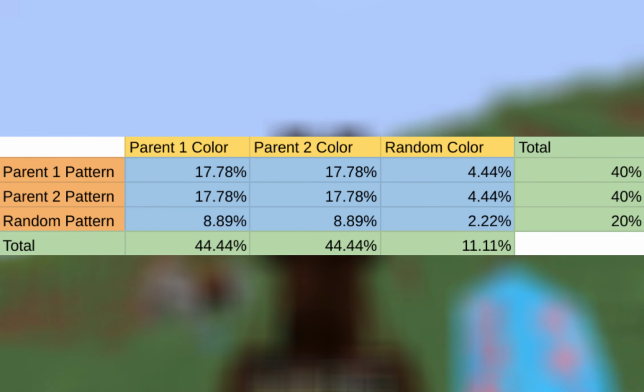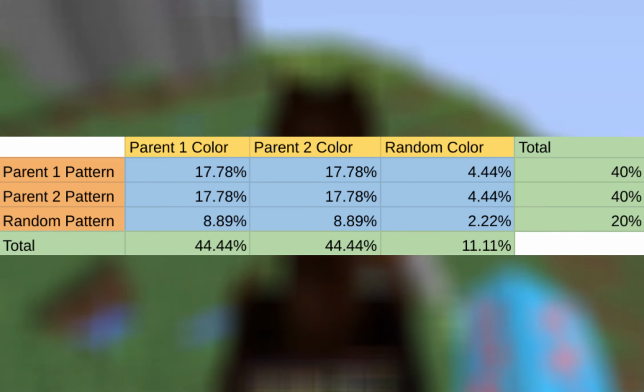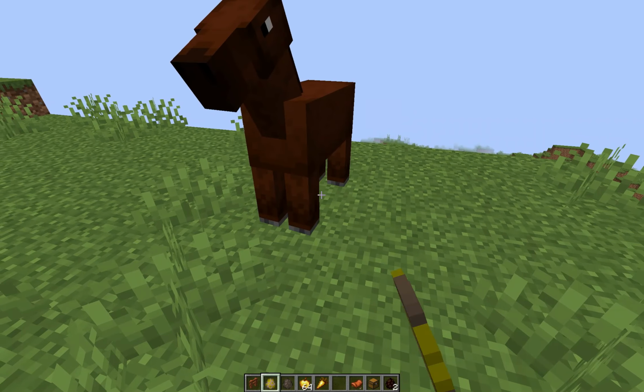According to this, there's a 44% chance for the baby horse to have the color of either parent and an 11% chance of a random color. And for patterns, it has a 40% chance to have the markings of either parent and a 20% chance of random markings. And if you have a horse and a donkey, so let me go ahead and get out my